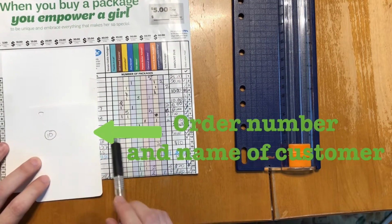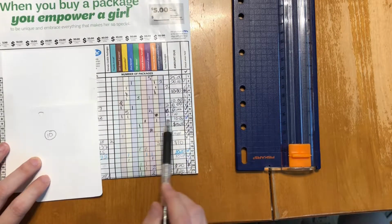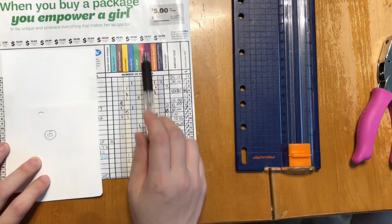So, say for example, I'm gonna use order number 10. I don't know who that is, but I'm just giving you an example. So I do a number of things with that. The useful thing about this spreadsheet is it says 10 on this side, so you are less likely to make errors, although somehow I still made mistakes last year. So the first thing I do is...